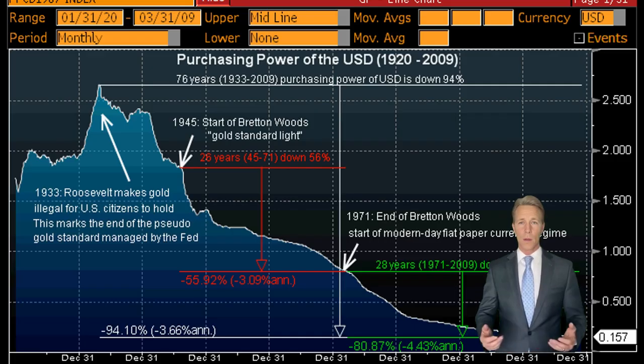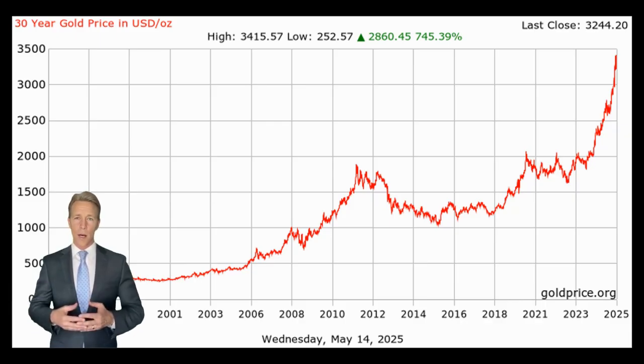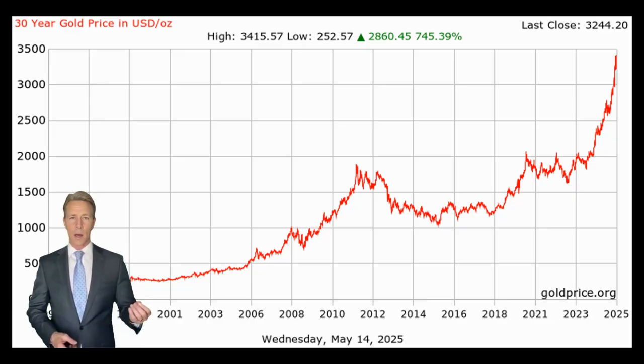Since that time, the U.S. dollar has been a pure fiat currency, backed by nothing other than the faith and credit of the U.S. government. In the United States, fiat currencies have a long and storied history. Following the American Revolution, the newly formed government issued continental currency as a way to finance the war effort. However, due to overprinting and lack of backing, the continental currency rapidly lost value, leading to hyperinflation and economic chaos.